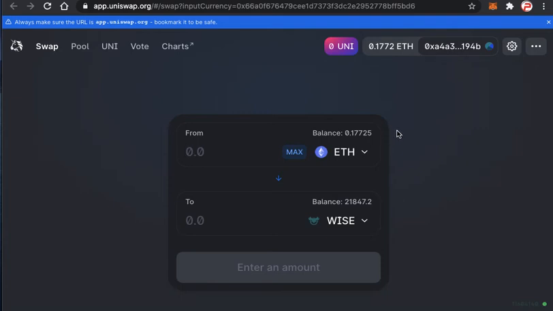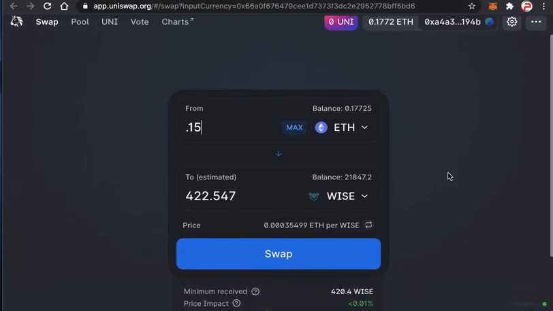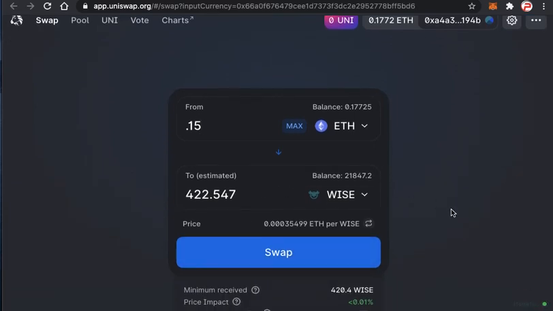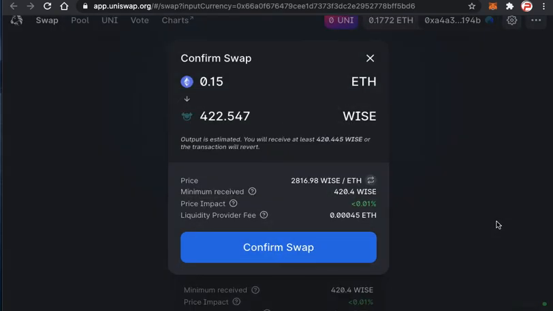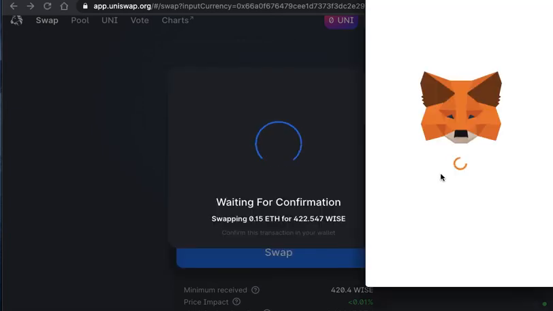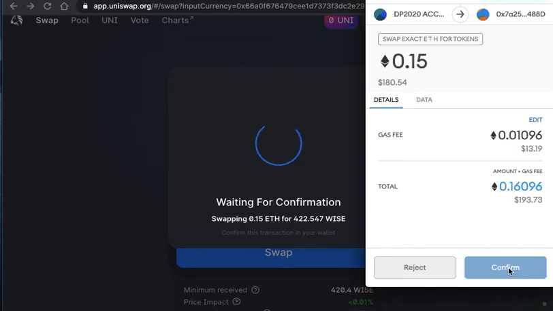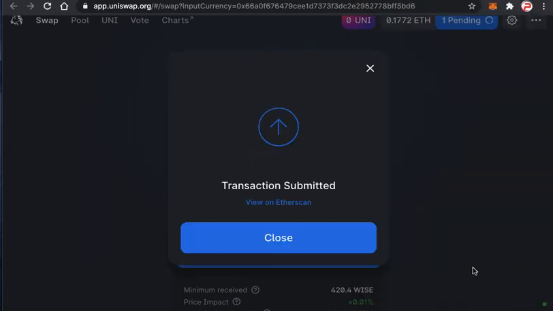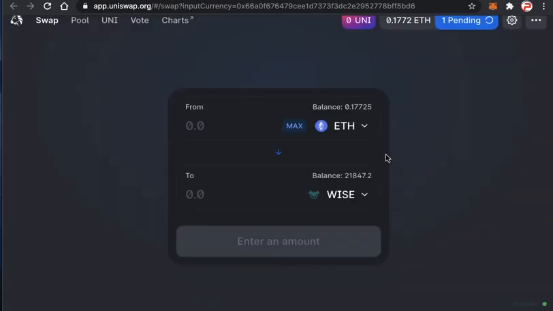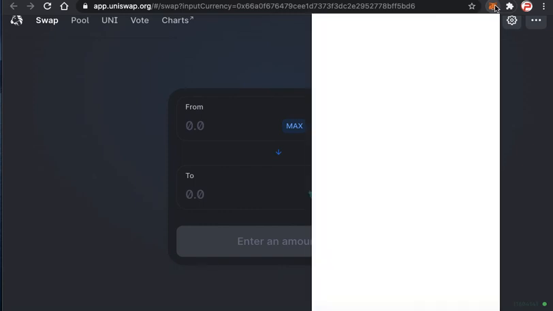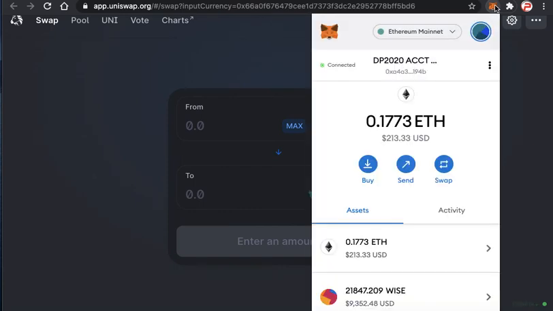So I'm going to say I'm going to do 0.15. And that should give me 422 and a half Wise. Okay. And then I'll just do this swap. And once I confirm the swap, my little fox will pop up, and I have to confirm the transaction. Boom, and then I'm Gucci. I'm done. So from that point, you go back to your little fox, and probably by the time you pull it up, you're going to start seeing